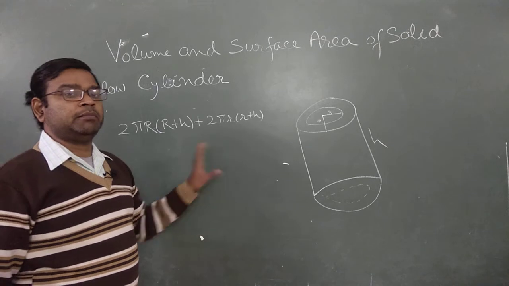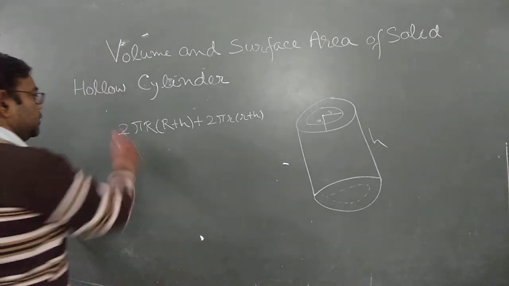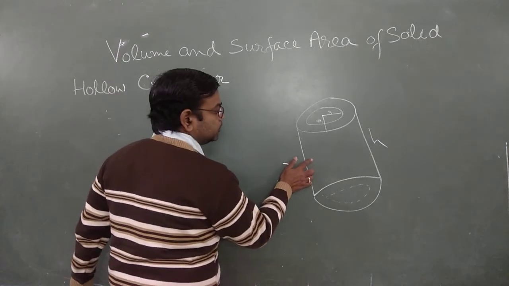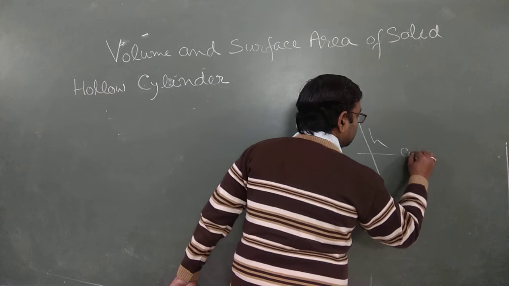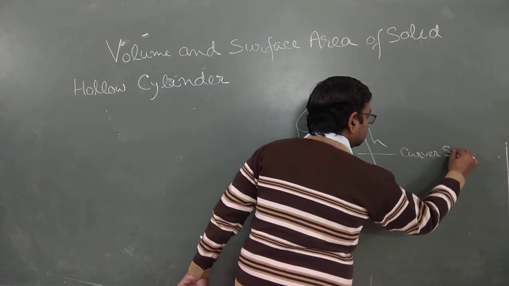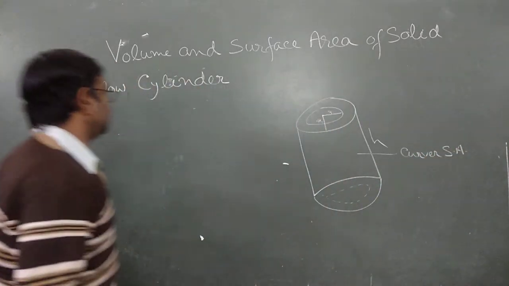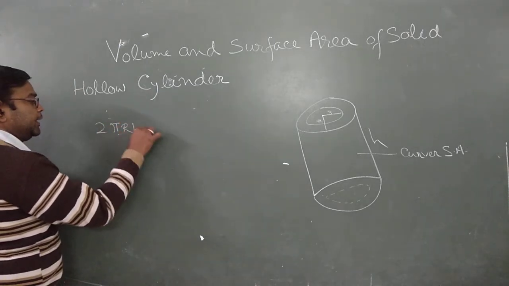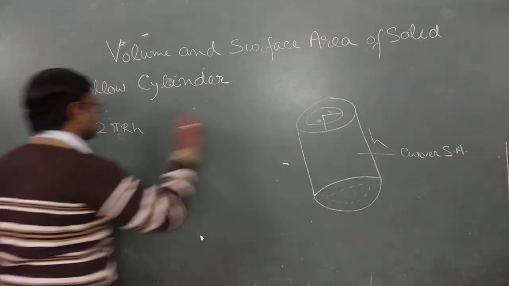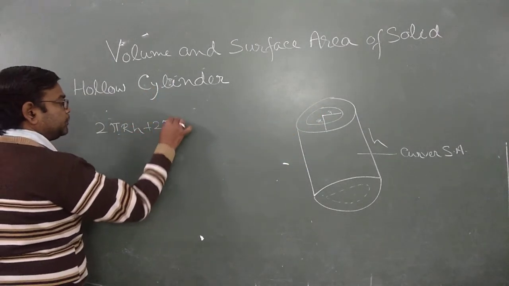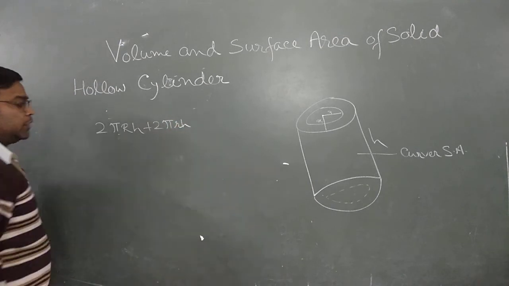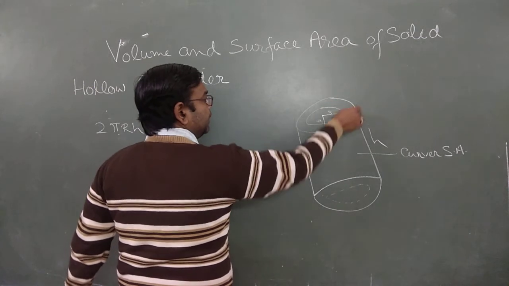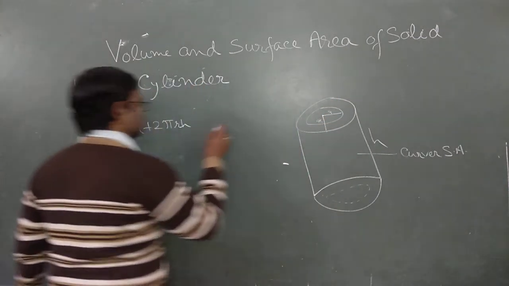So we have to break them piece by piece. Come to the point. This one part is known as the curved surface area, not lateral. As we know, the curved surface area is 2 pi capital R h for the outer side, and the inner side is also there, plus 2 pi small r h for the inner side. Now come to top and bottom. This is your pi capital R square, this is your pi small r square.